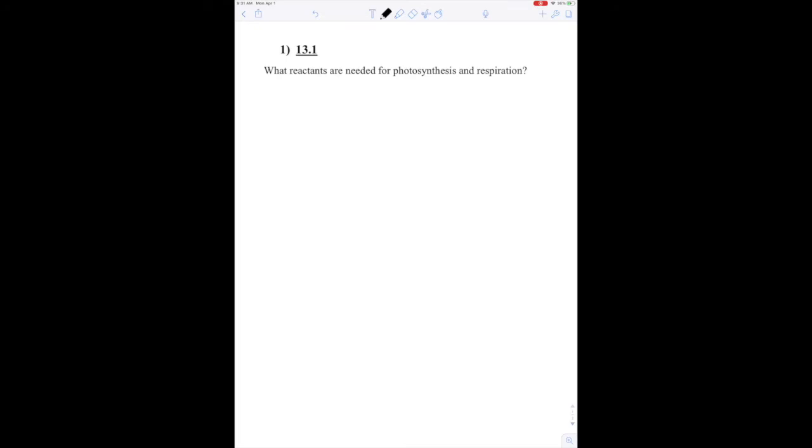Chapter 13, Question 1 asks what reactants are needed for photosynthesis and respiration. So first, what are these things? Photosynthesis uses light, that's what the photo part means, to synthesize